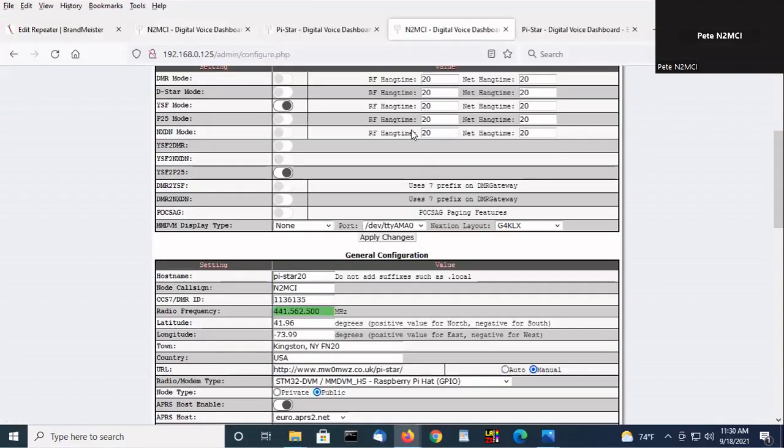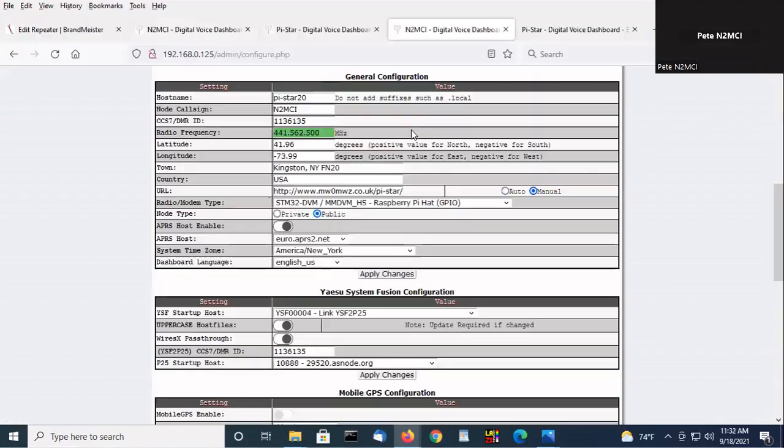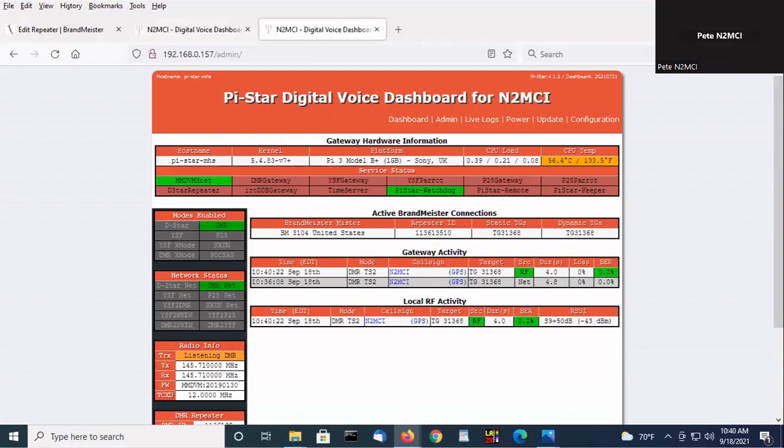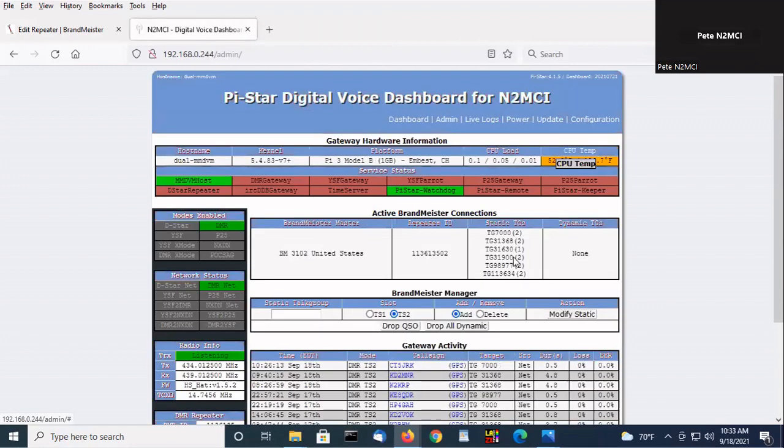Yeah, you could set it up so you can select and dynamically add talk groups, and it'll show up in the list here. Oh, here it is. Actually, it's right here, right in the middle of the page. It'll say Brandmeister Manager, and here you can add a talk group. And then the next column is what time slice you want to put it on, and do you want to add it